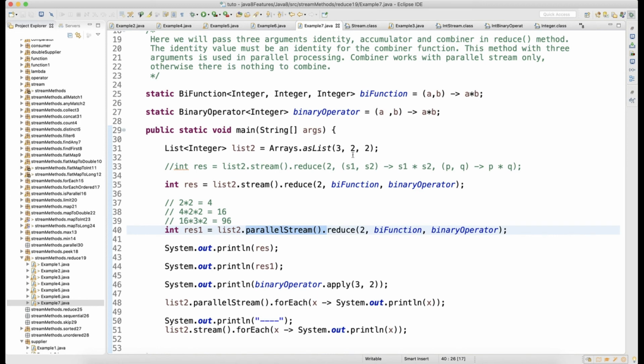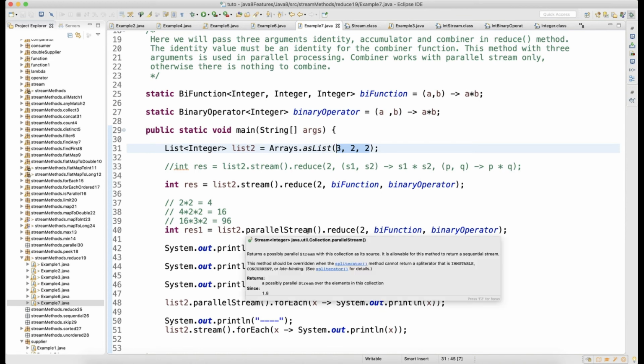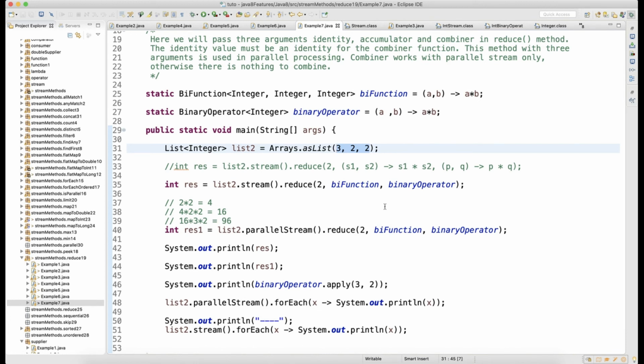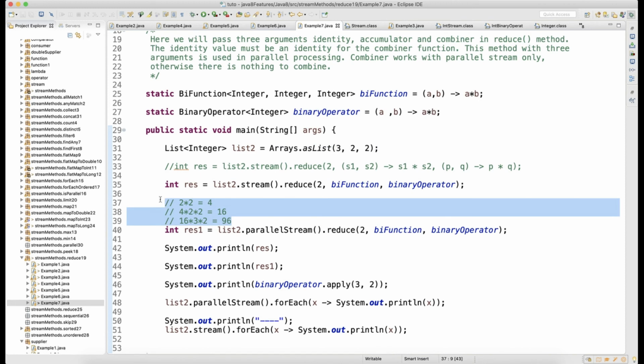But the problem here is, guys, in the parallel stream you cannot say what it will go as first, okay? From this list what it will go as first, you cannot predict that. So first we need to understand one thing, when this parallel stream will start, how this will work, okay? So when the parallel stream starts, this will not go as 3, 2, 2. This will pick up very randomly, and when it picks up randomly, your output will change.